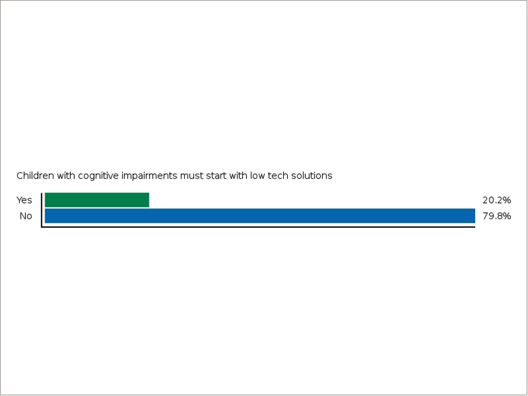And even if it's a child that you're not sure what they understand or where their cognition is, giving them the opportunity is important so that they can show us if they can or cannot use this. Of course, if you do start with something high-tech and it's too difficult for the child, then at that point it's fine to go down to something low-tech. But we don't have to just assume that because there is a cognitive component with these children that they can't do something high-tech.